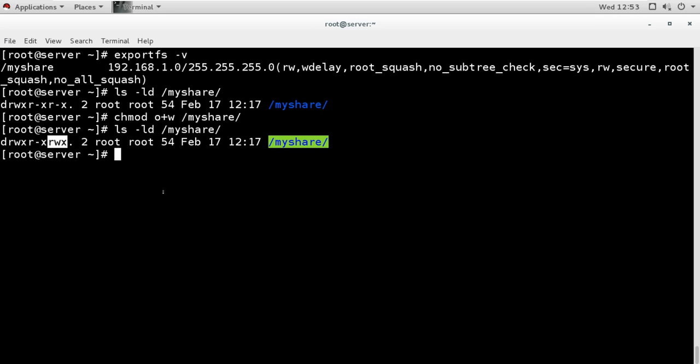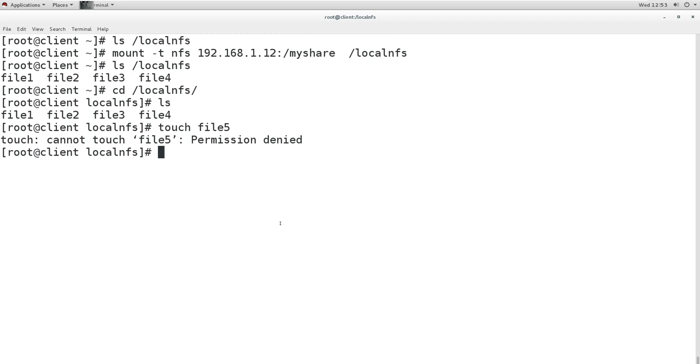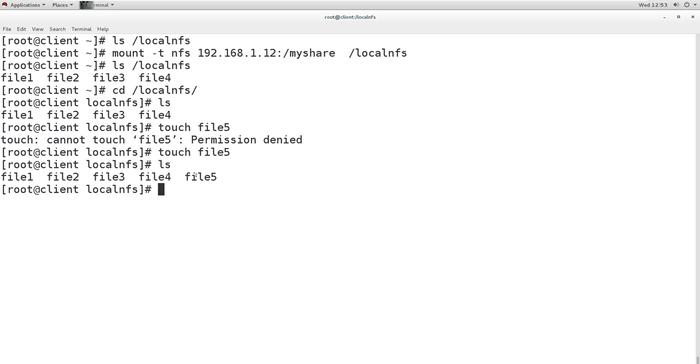Others means every user, including anonymous, and anonymous means nfsnobody also. Now when you go to this server, and if I want to add something from here, you can see it is creating this file, and it can create because others have permission.